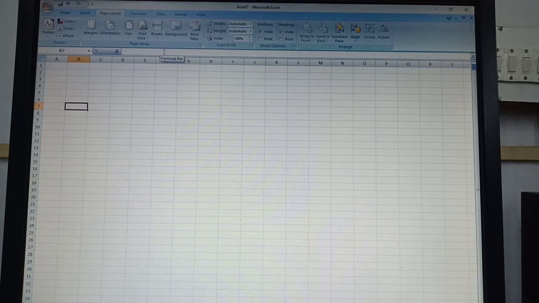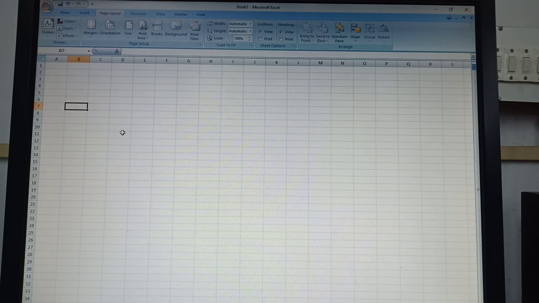So whatever cell is selected currently, whose name will be shown by name box. So if anyone is asking what is name box, it is a text box which appears just below the toolbar and it shows the name of active cell or current selected cell.